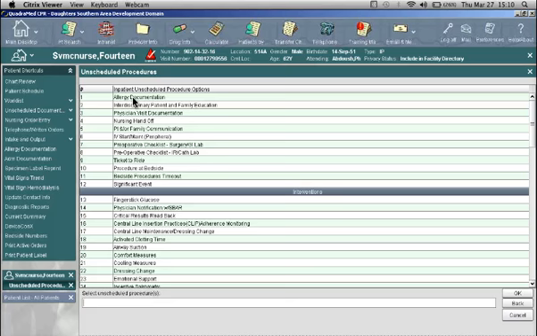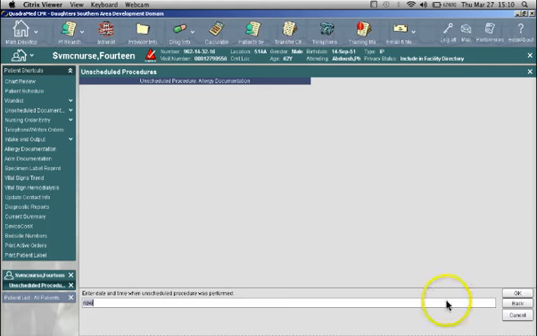So I'm going to go ahead and select this item right here. You just click once, then you click OK. After that, you want to make sure you pay attention to what the transaction line says on the bottom. Enter date and time when unscheduled procedure was performed. In this case, if you're updating the patient allergy right now, you just leave it as is, click OK,